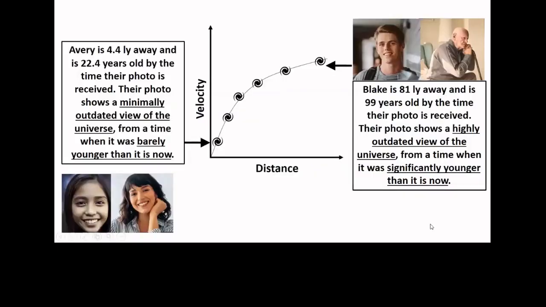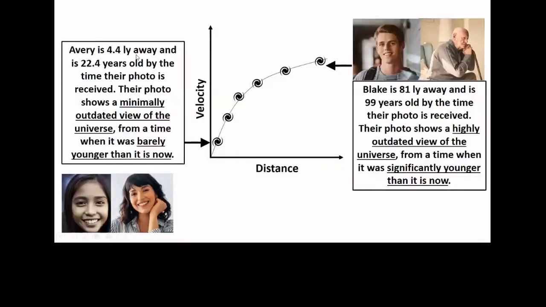We can combine some of the logic from our expansion lab with lab 11 and superimpose that over a Hubble plot. This Hubble plot is the same as the one that we saw that represented our universe, and it had different steepness at different positions. So while it's not realistic to assume that there are any galaxies that are as close as even 81 light years away, we can use the same pattern that we investigated in Lab 11 to understand how Lab 12 works. Let's say that the Milky Way is here at the origin, and we've got our two extreme